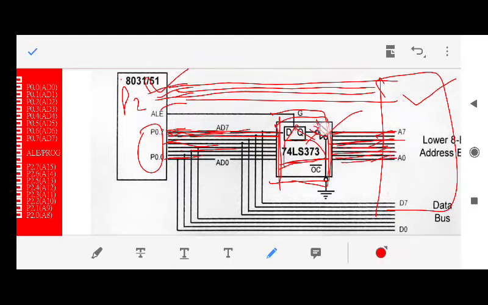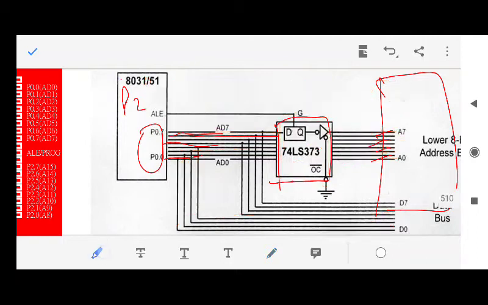And how to select this latch? That would be connected to address latch enable. That means whenever address latch enable is 1, it is an address. That's why that would be enabled and it will enable the address to the IC. But what if address latch enable is 0? That means these are data. So this latch would be disabled and the address won't go here. The data will be fetched from here to the data lines of the memory.